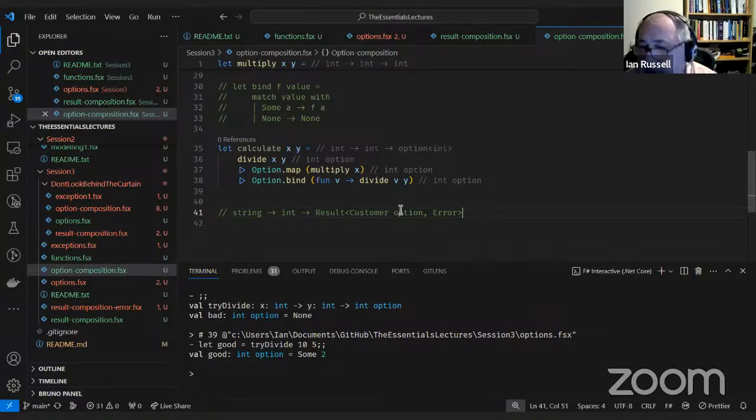But yes, we will cover getting at data. You need to think about that error, which is probably going to be a discriminated union. There are potentially multiple errors that could go wrong making a database call. And then the customer option is just saying it either returns data or it doesn't.